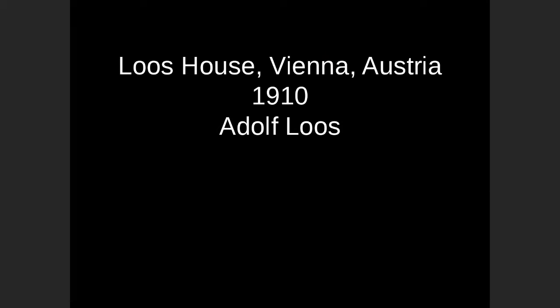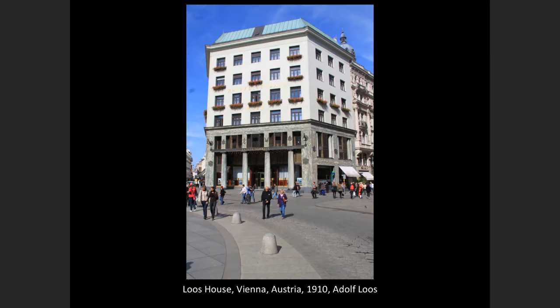His most famous work is the Loos House. This is not his own house. It got named this way because it was associated with him. This is really a commercial building in downtown central Vienna from 1910. And it sits on a very prominent plaza in central Vienna. It has several stories on top of a beautiful base of green veined marble. This has just a little tiny bit of ornamentation in the columns here, which are really a Doric order. But you can see by the time he gets to the upper floors,